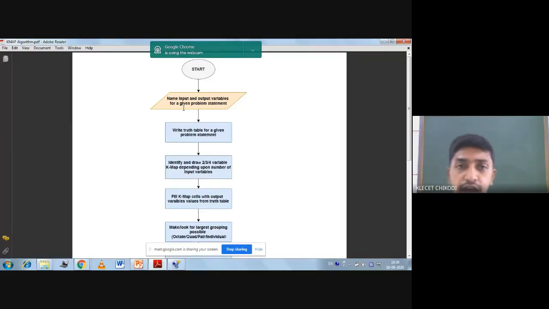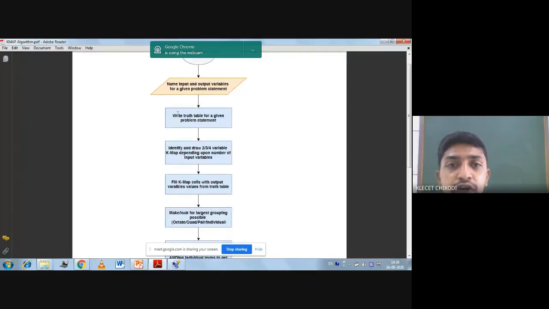Once you name those input and output variables for a given problem statement, next you have to write a truth table for the given problem statement.